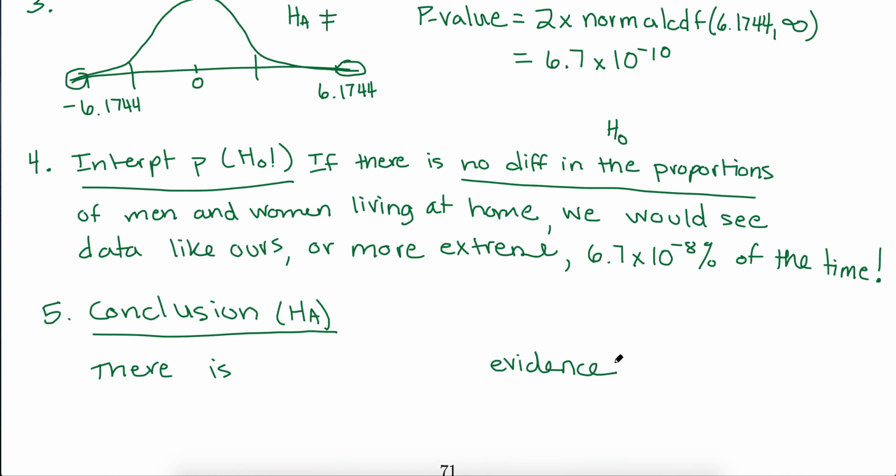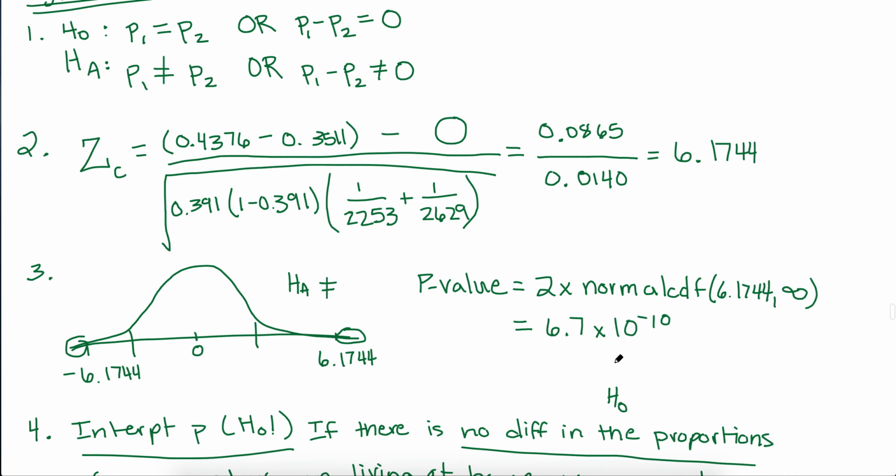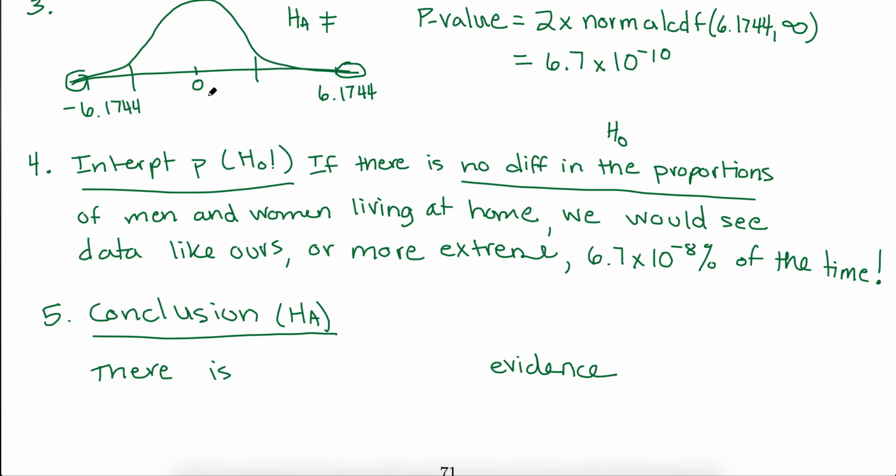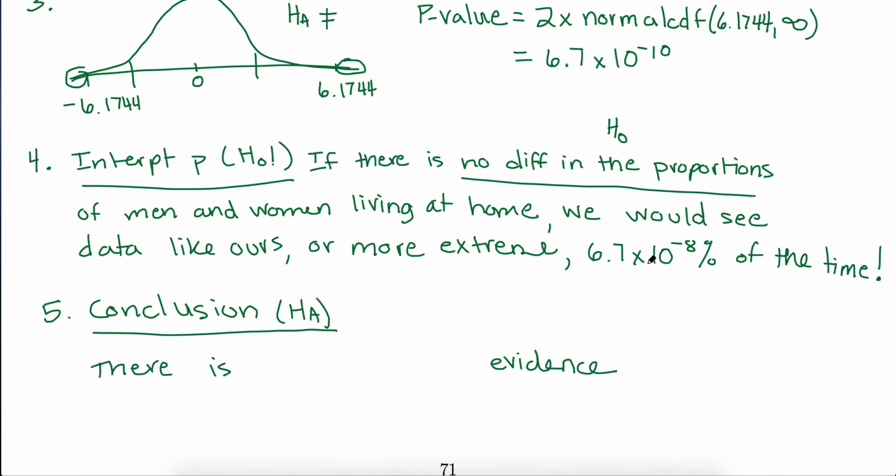Let's put HA in context, so check up here. HA was saying the proportions are different, proportions of men and women live at home. So there is some kind of evidence, we'll figure that out in a moment, that the proportions